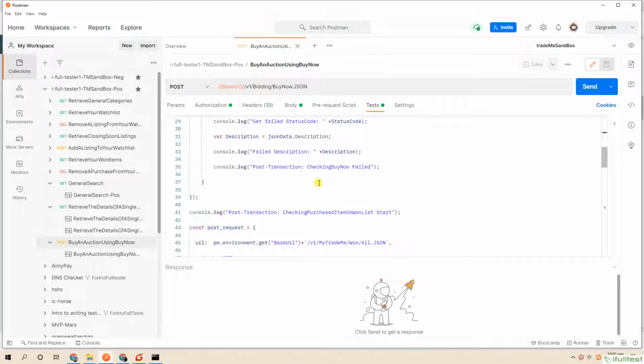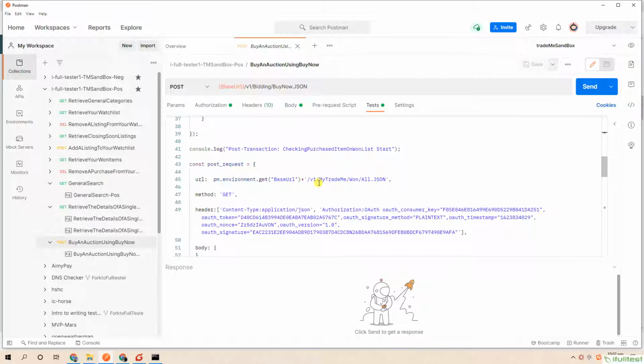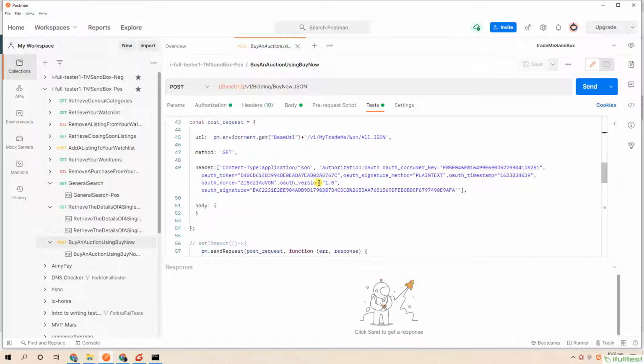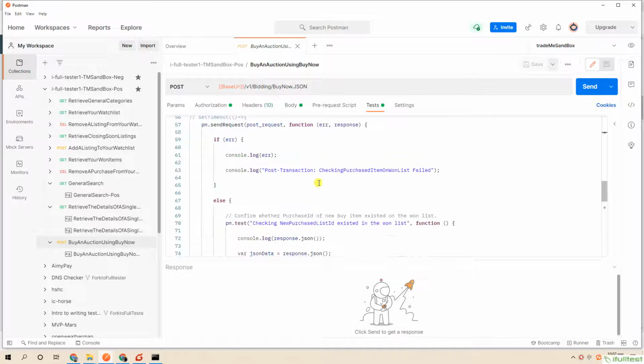Second, loop check from the response of upstream API, retrieve your one items, through listing ID and purchase ID.